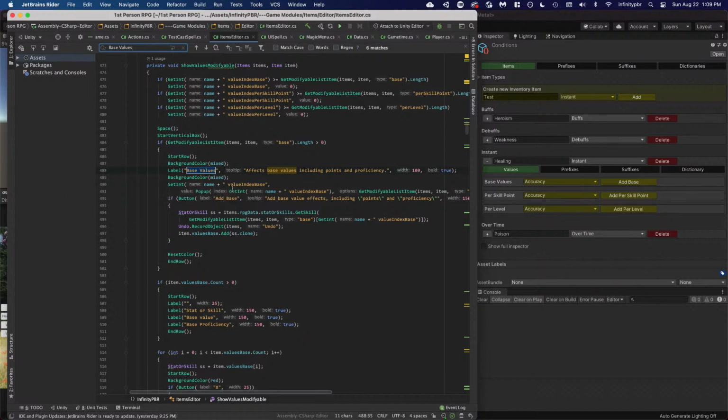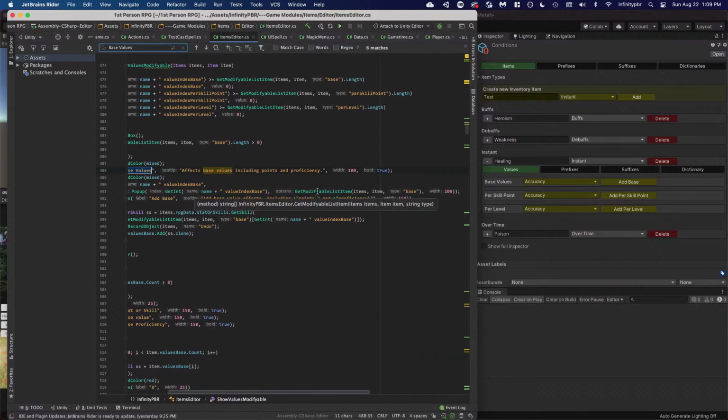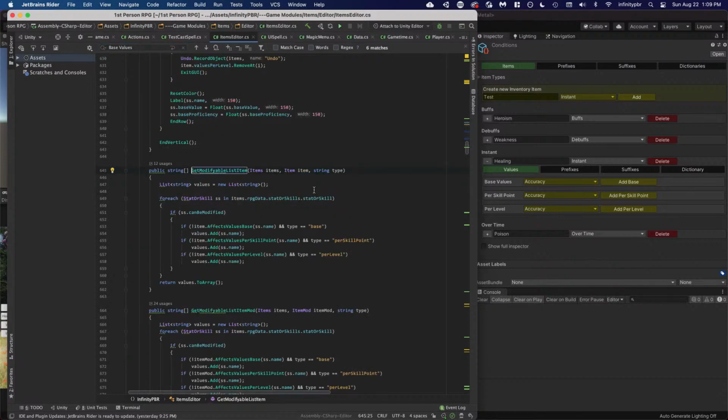Set int, values base, values index base, so accuracy, values index base. Pop up, get int, this. Get modifiable list item. This is it. We're going to pass in our items, our item, and type base. Okay. So this list